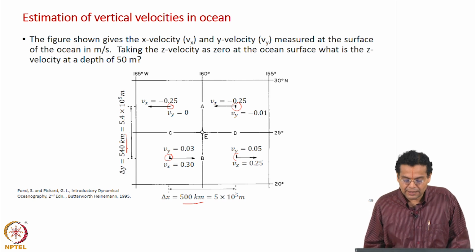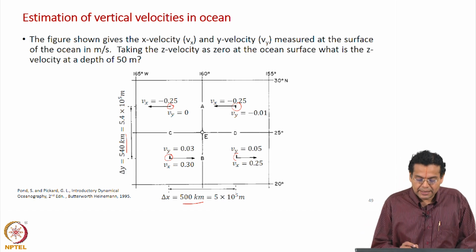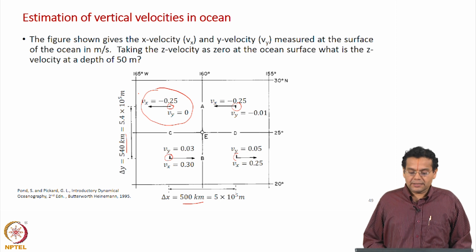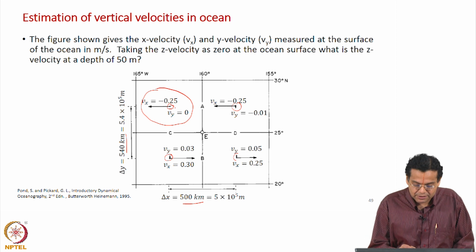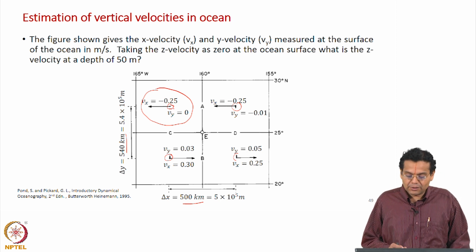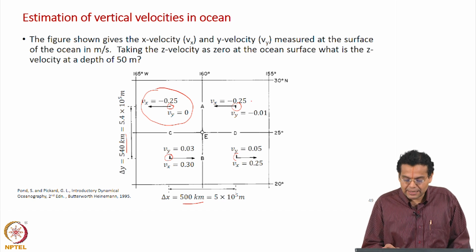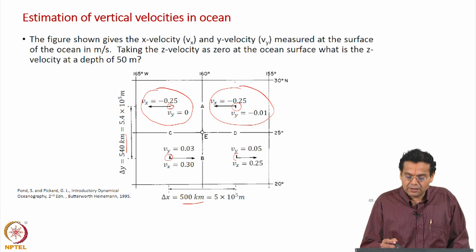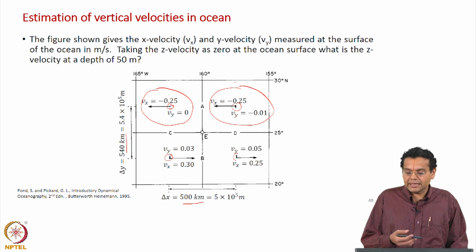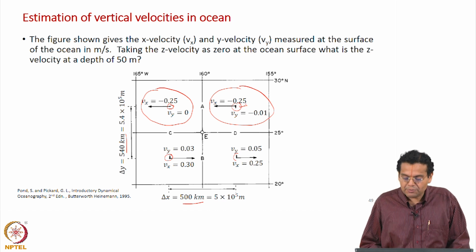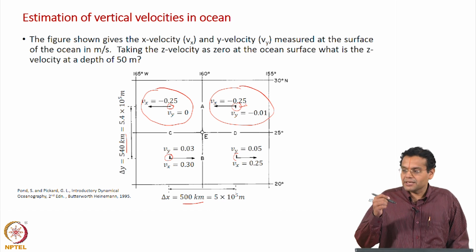Okay. What is shown here? Let us take this point. The x velocity is in the negative direction, so minus 0.25. What is the y velocity? The y component is 0, so there is no dot or arrow there. These arrows are shown proportional to the velocity values. Okay. Let us take this region. In this region, once again the velocity is in the negative direction, same value, minus 0.25. You see a small component of velocity in the y direction, it is minus 0.01.